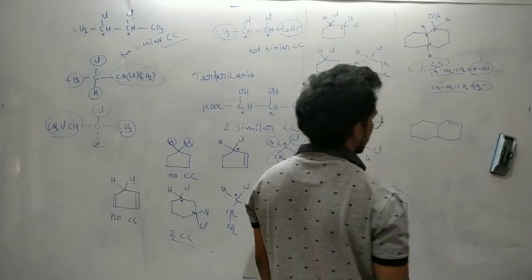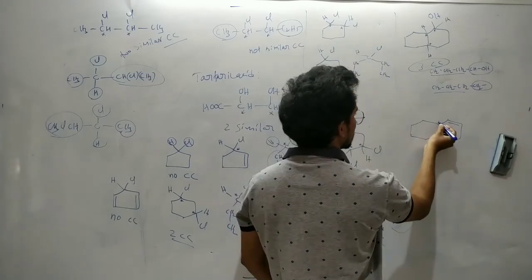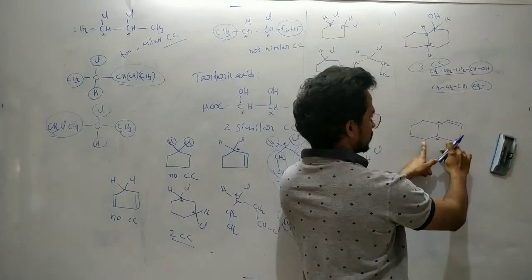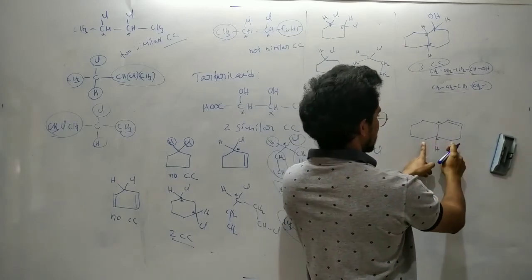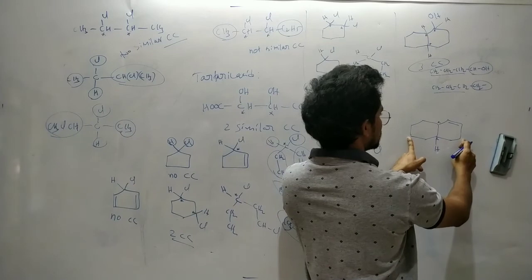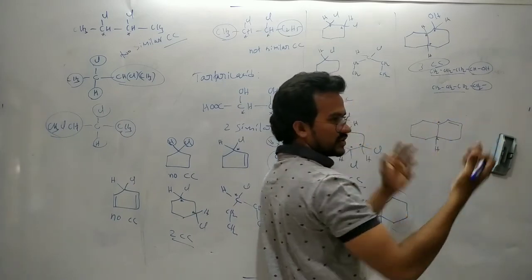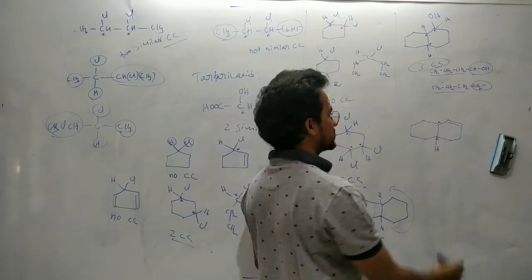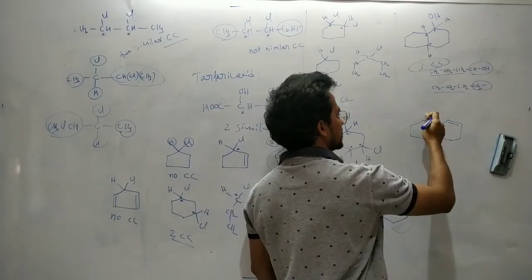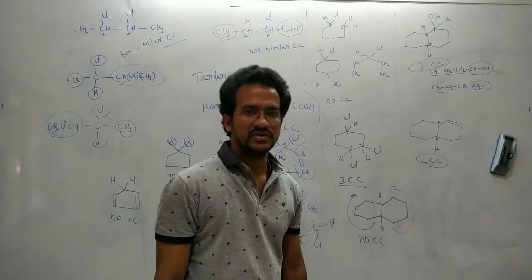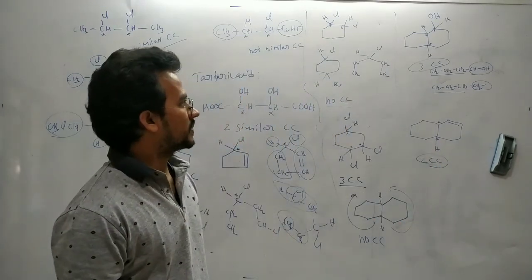Here there is a double bond. Now again it has 2 chiral carbons. This is 1 chiral carbon. Here CH2, CH2. Of course there is 1 hydrogen. CH2, CH2. Here CH2, CH2. But here CH double bond CH. Different groups. And here also the same, CH double bond CH. Here CH. Different groups. So 2 chiral carbons.